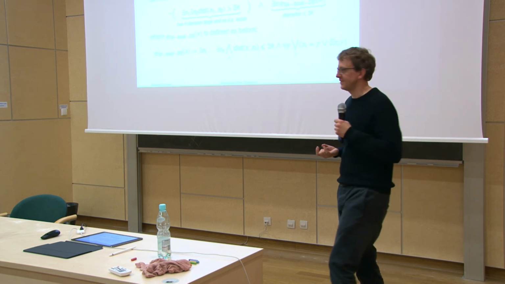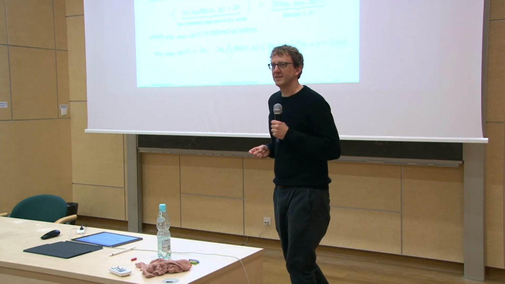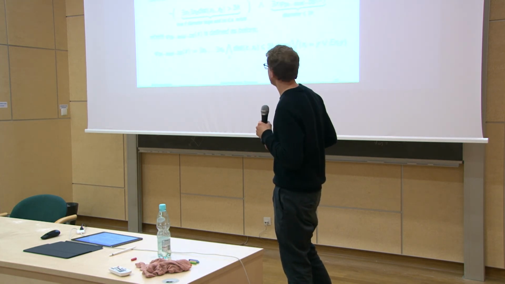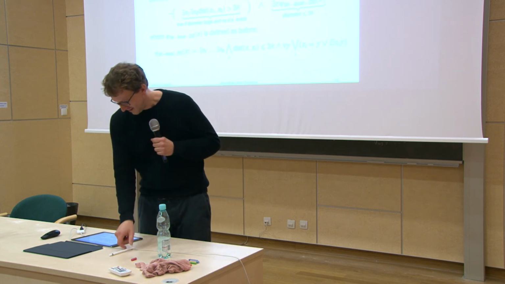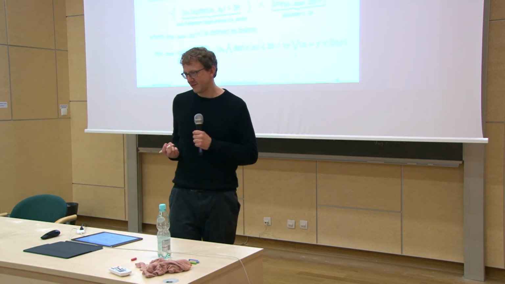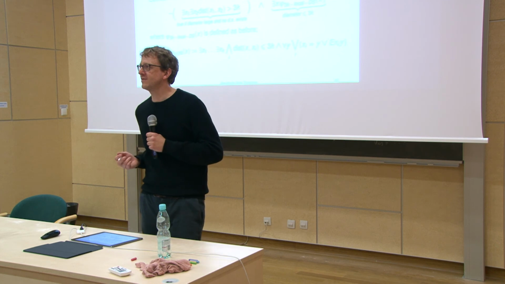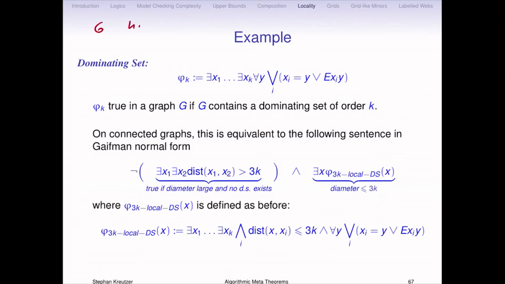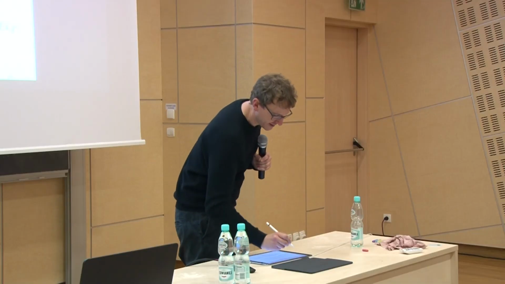And so maybe I stop here with a little exercise, in case you're interested in these kinds of things. Let's say you want a basic local sentence, or combination of basic local sentences, saying G has a 2-independent set of size k. 2-independent means the distance between 2 vertices is at least 2. Well, let's make it 3 because then it's a bit easier. And if you think about this, this will not be very complicated to do.